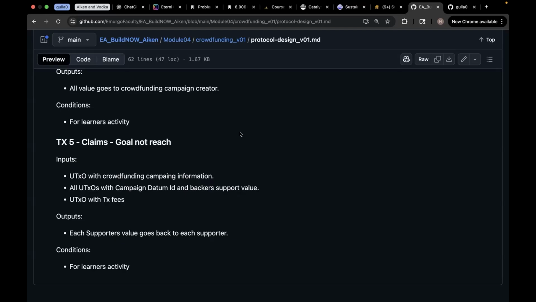Yeah. So I was actually thinking, you gave an instance where, for example, 1,000 is being asked by the person who created the campaign, and then maybe 800 at the end of the day has been realized. So I was thinking if there will be a possibility of implementing milestones where funds are distributed in milestones, so as not to actually return the whole thing back. It defeats the purpose of actually creating the campaign